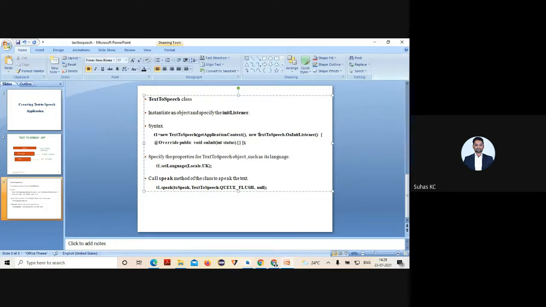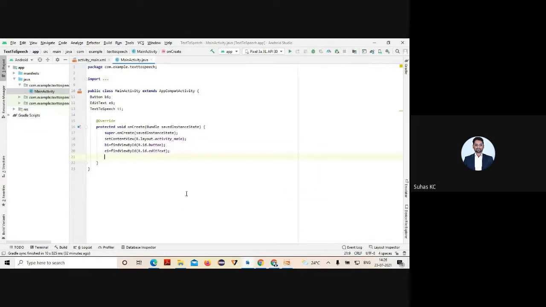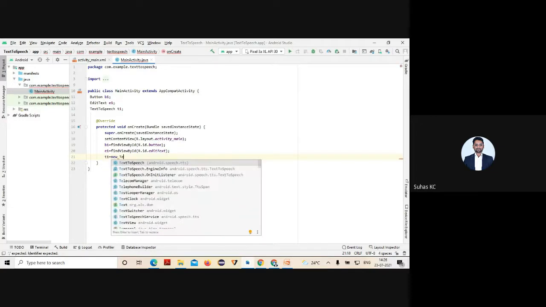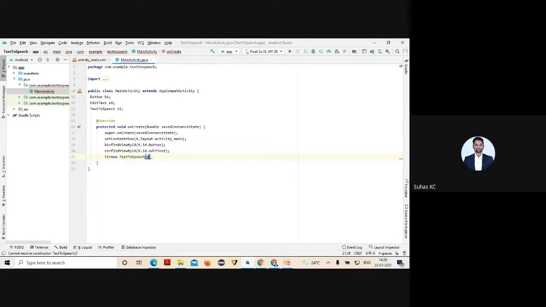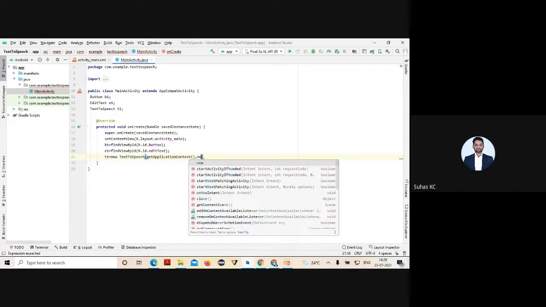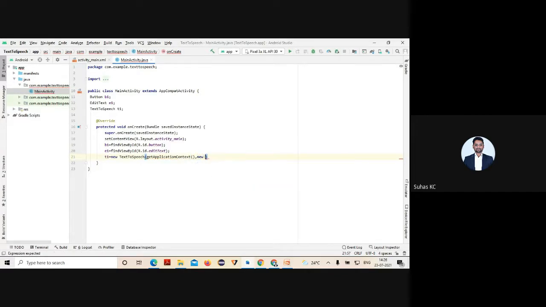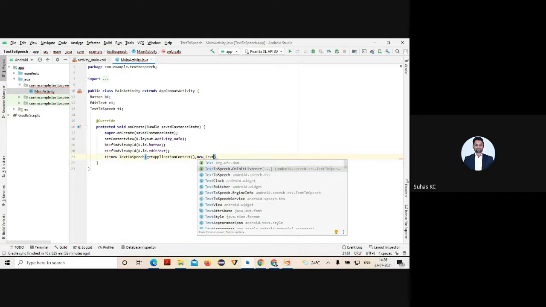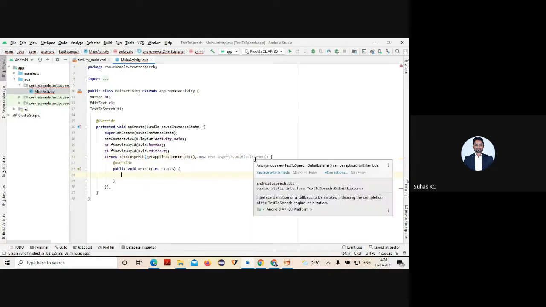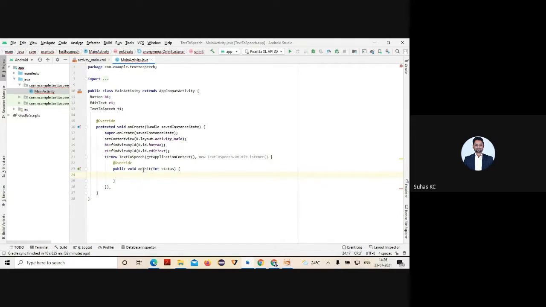What I should do is go to my code part. See, the object for your text to speech is what? The object for your text to speech is T1. Getting it or not? Equal to new. I'll just use the constructor. What is the constructor for your text to speech? TextToSpeech itself. getApplicationContext, get that particular context. And here, what you are creating is new TextToSpeech. What I said already, OnInitListener. So this is the particular method that is being created, onInit. Why is it used?